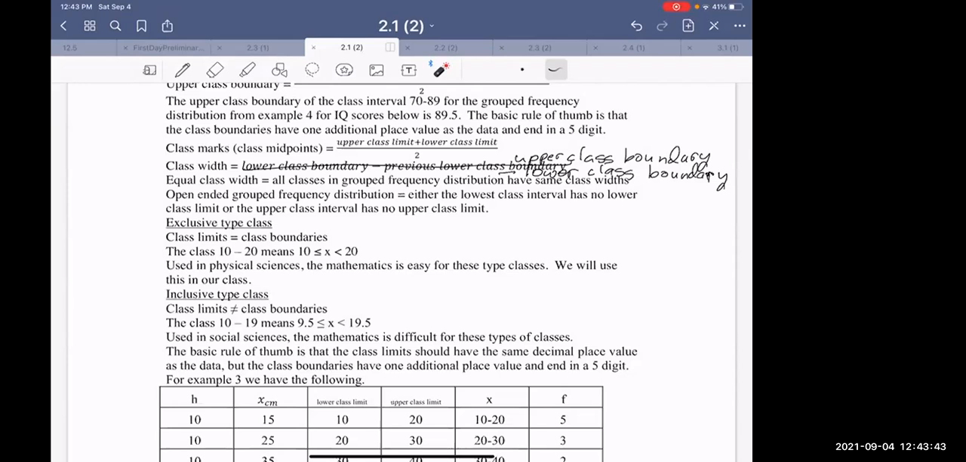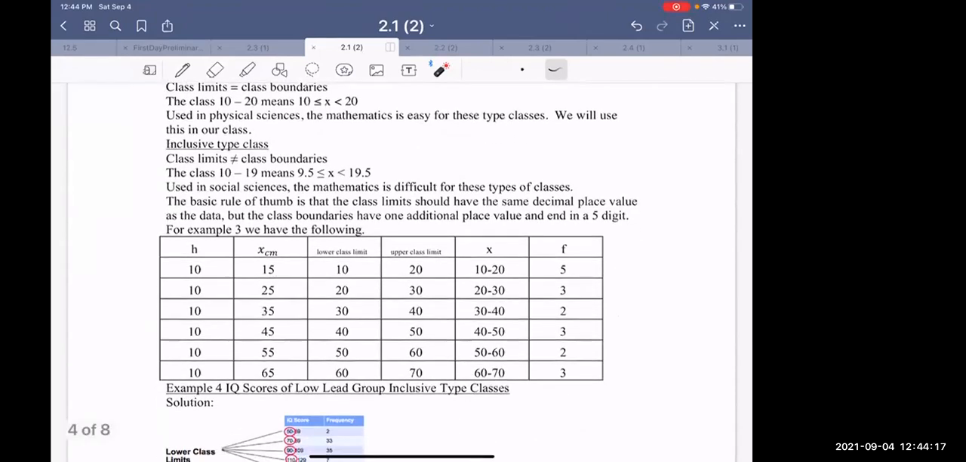So we use these in physical sciences. And this is because the mathematics is easy. We're lazy. We don't want to do something that gives us more mathematics to do. So we will be using these in this class. So in general, when I do examples of this type, only occasionally will I do inclusive type classes. So an inclusive type class,